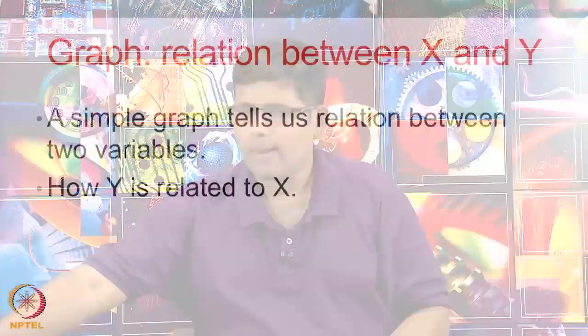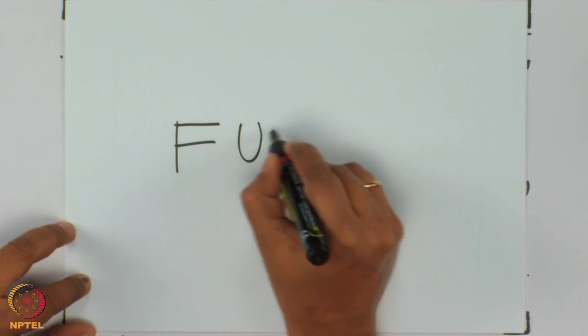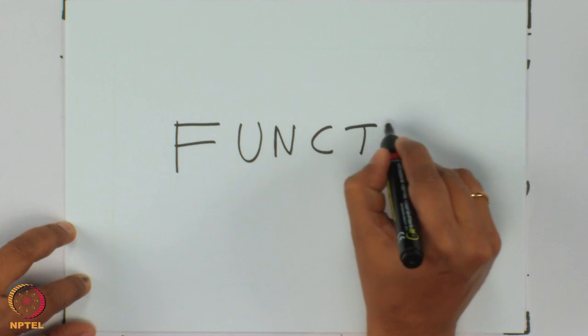If we are moving, we can have position and time, which we have, for example, learned in 12th class, the position time graphs and all that. So any two variables can be plotted as a graph if they are related with each other, and the mathematical term for this is function. So the word function is something that all of you should learn. The key word that all of you should learn in this lecture is